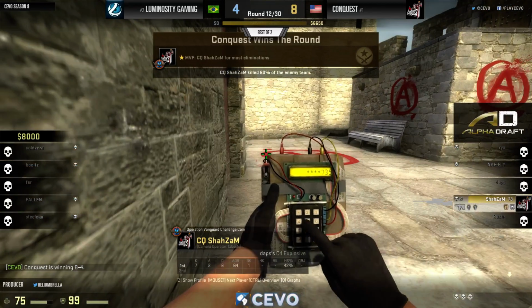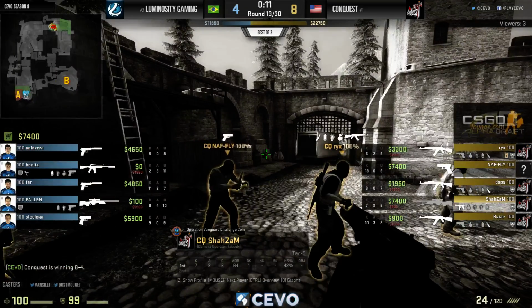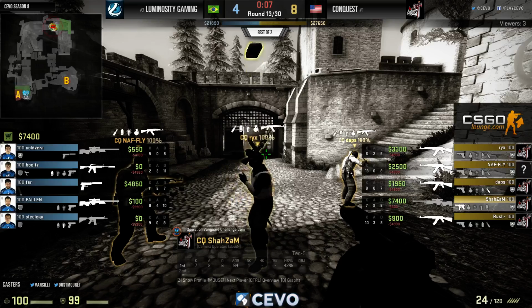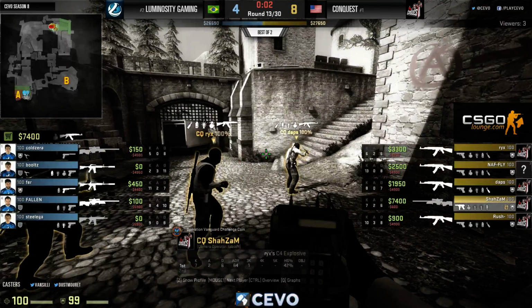and gets the hat trick for the round. That's really the first time Shazam's been called on to make a play for his team. Everyone else has been performing so well, he hasn't really had to do much, and he stepped up to the plate when he was needed there. Hat trick on the round. He's now up to 7, and Conquest have a pretty solid lead here,